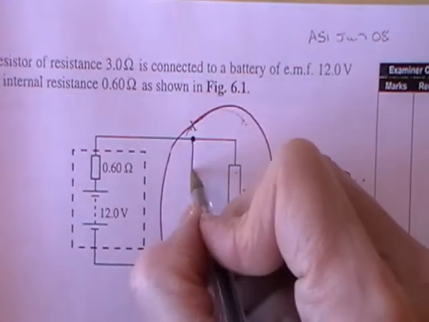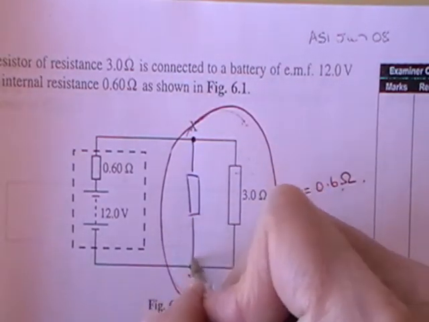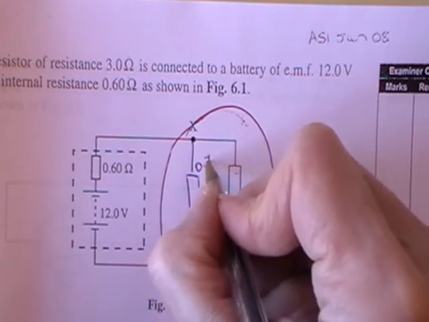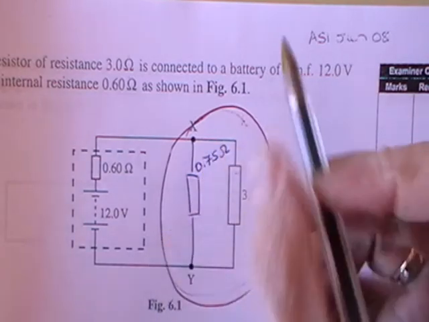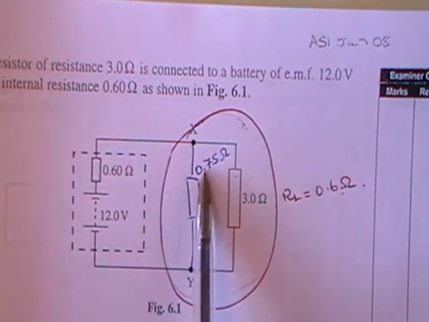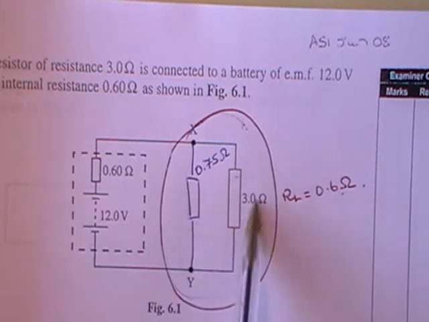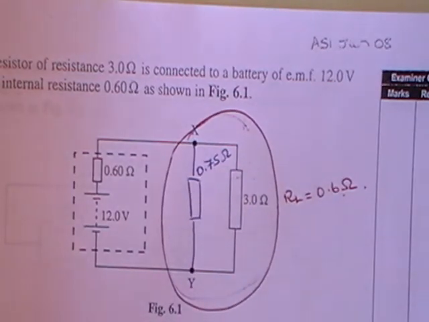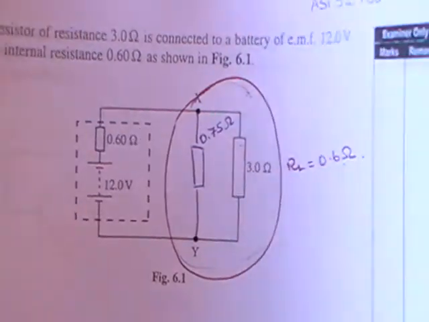And we're just going to draw that in. It's set at 0.75. And remember, the total resistance in a parallel circuit is always less than the smallest one that's there. So you can see that should be coming out then at something lower than 0.75. Second part of the question,